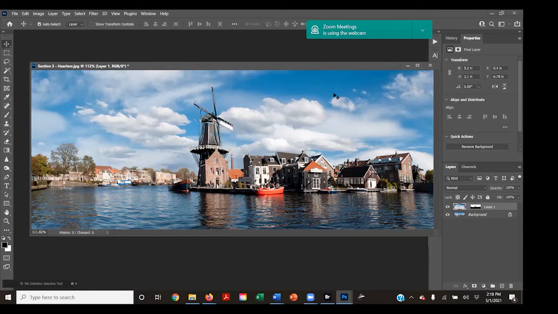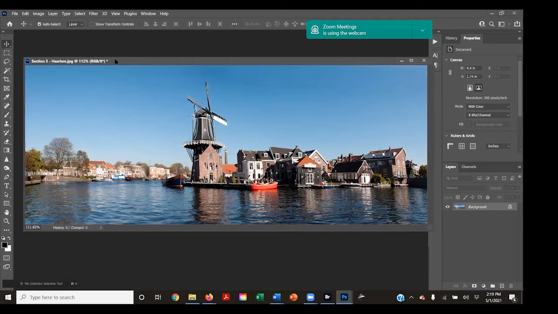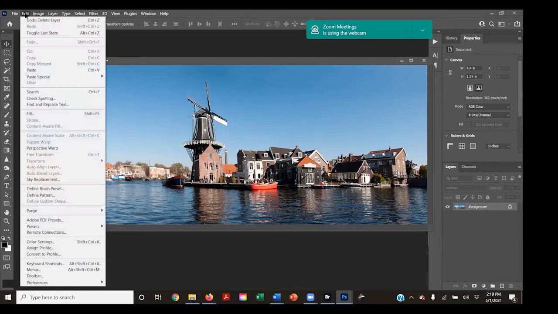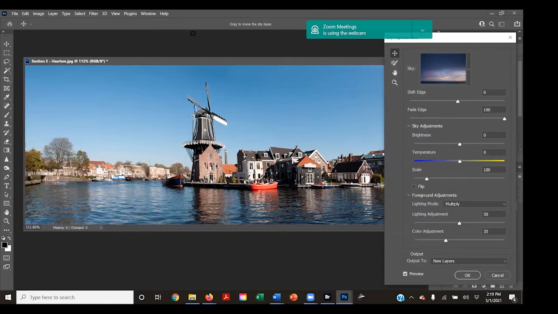So that's another way. Here's the really wonderful aspect of what Adobe has done. So here's the same image. Bring this up. Go to edit, replace sky, sky replacement. And it will work on the sky. And whatever I had in there from before is coming in as a default. And I'll select a different cloud formation when it gets there,